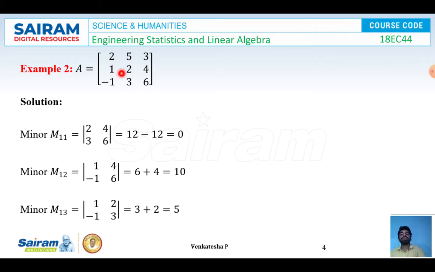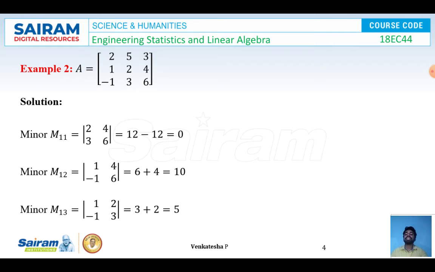Now the minor of this entry, ignoring this complete column and this complete row: multiplying 2 into 3, 6, minus 5 into minus 1, it becomes plus 5. It is 11. Now the third row. To find the minor of this entry, I ignore this complete column and this complete row. I will get 20 minus 6, which is equal to 14. For the next entry, ignoring this column and row, I get 8 minus 3, which is equal to 5. For the last entry, ignoring this column and row, I get 4 minus 5, which is equal to minus 1.